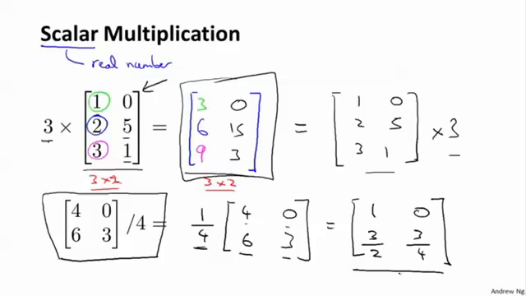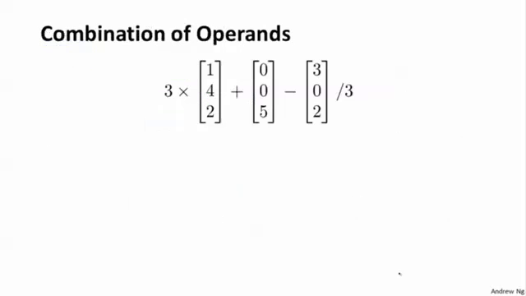Finally, for a slightly more complicated example, you can also take these operations and combine them together. So in this calculation, I have 3 times a vector plus a vector minus another vector divided by 3. Just to make sure we know what these are, this multiplication is an example of scalar multiplication, because I'm taking 3 and multiplying it. And this is another scalar multiplication, or scalar division, I guess. This really just means 1/3 times this. And so if we evaluate